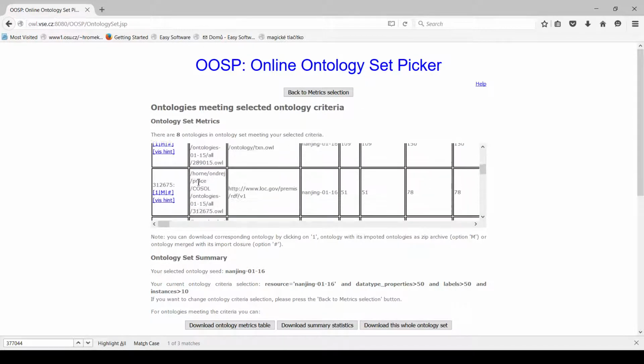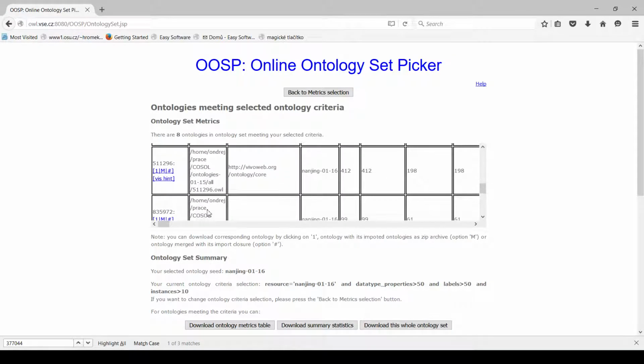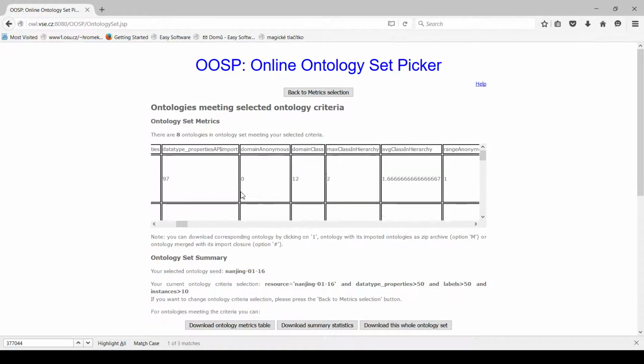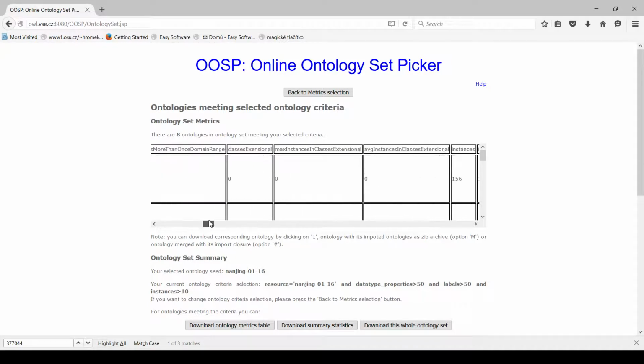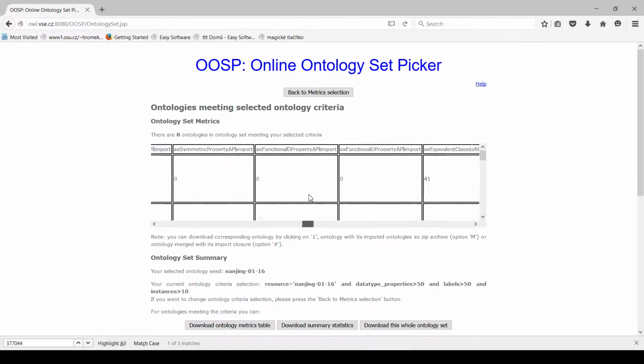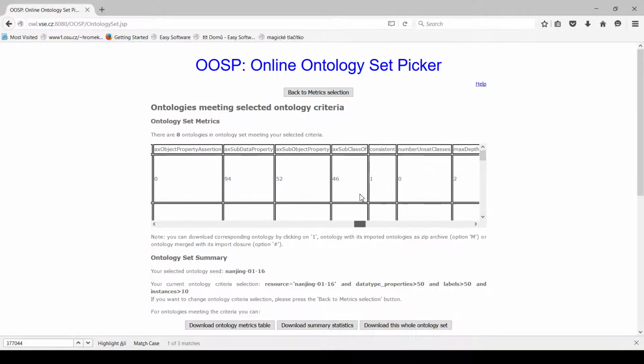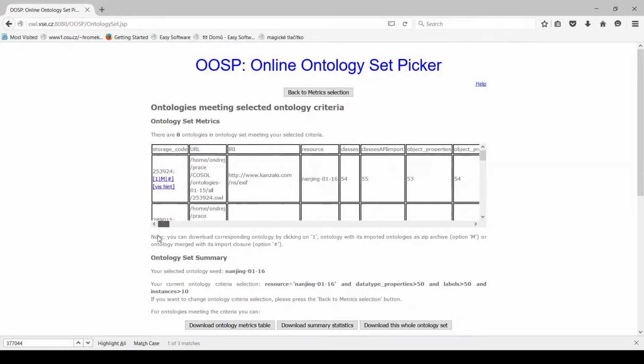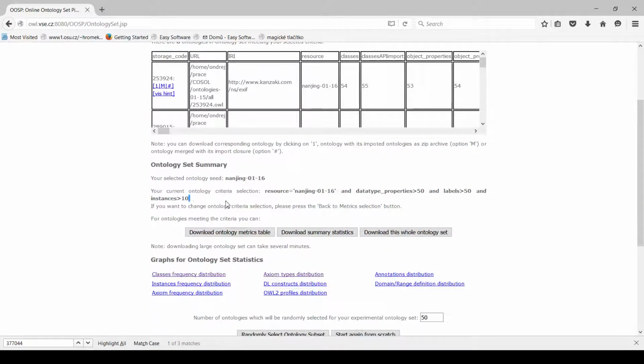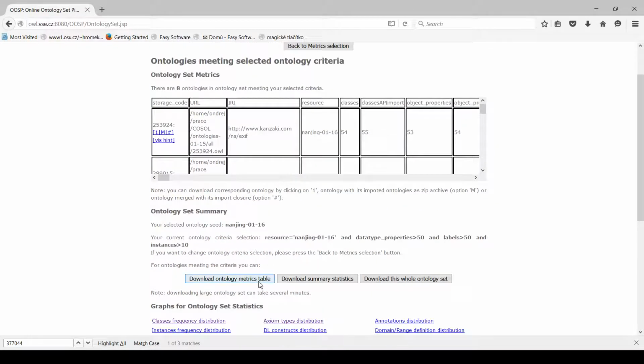So we can see all of them here in this table, which contains all ontology metrics. So there are a lot of ontology metrics, and we can also see what was the restriction, and there are some available operations on ontology set. So we can download ontology metrics table, so this one. You can also download some summary computed over this small ontology set, or we can download this whole ontology set,